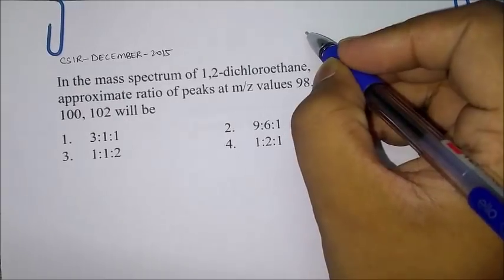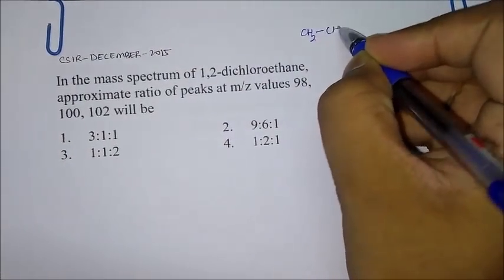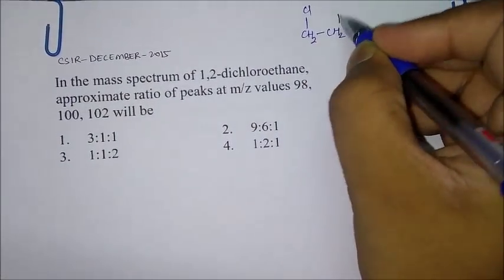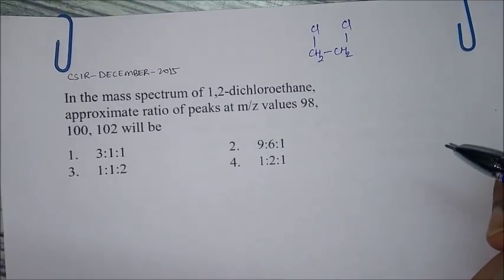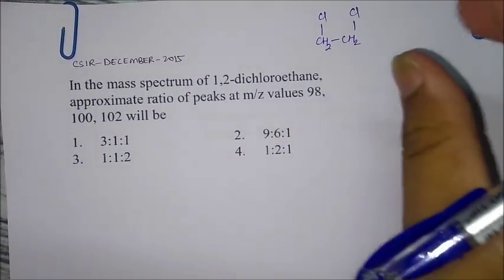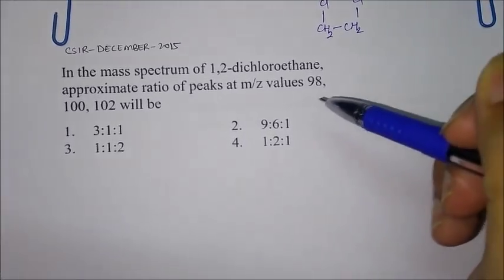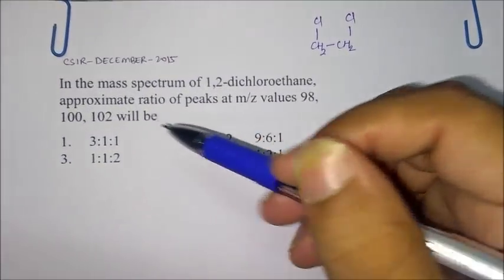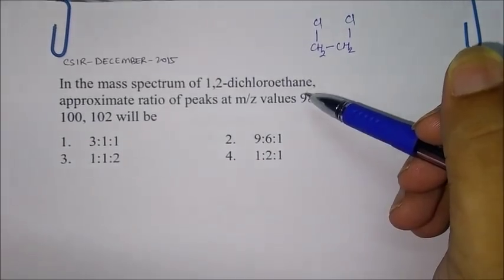Let's quickly make it. So it will be CH2, CH2, Cl and Cl. Okay, so this is 1,2-dichloroethane. Now this chlorine will play the role here. Okay, because as you can see the difference in these masses, like you are getting M, this is the molecular,